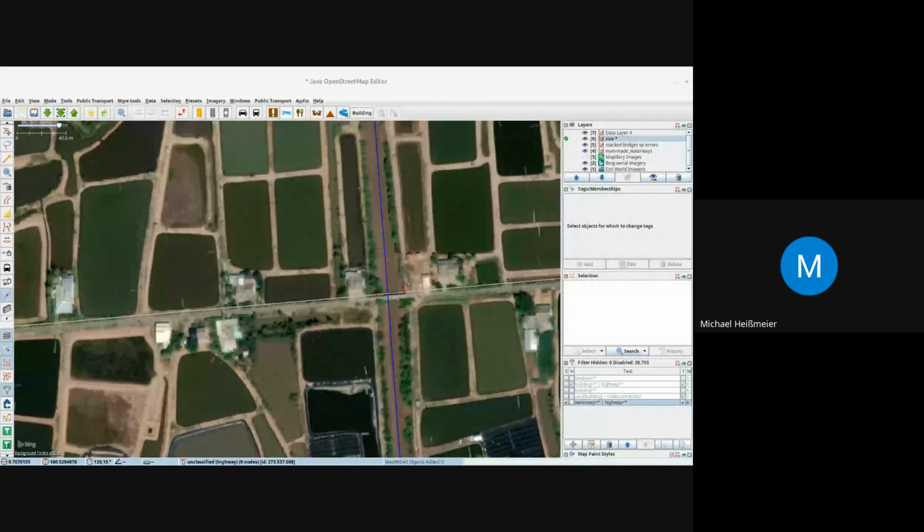I can generate a bridge, I can generate a tunnel. The other two, of course, are for public transport mapping. So in this case, let's call it a bridge. And it does not only add the bridge, it automatically adds a layer equals 1, which will be sufficient in most cases.